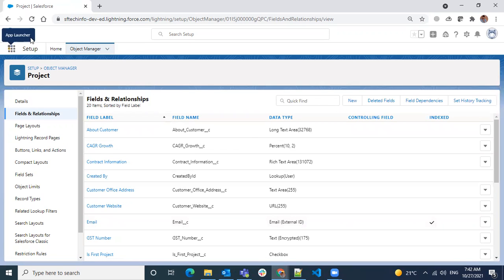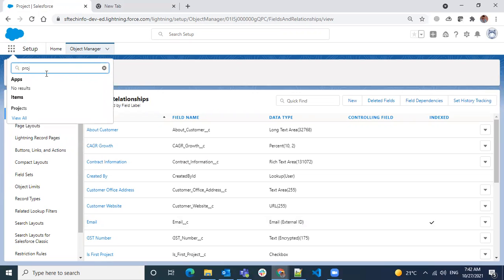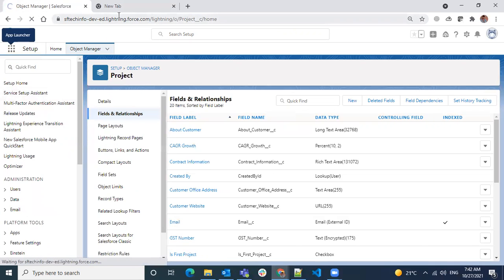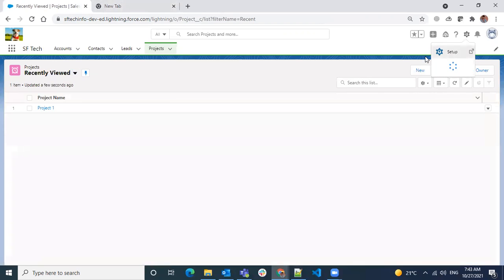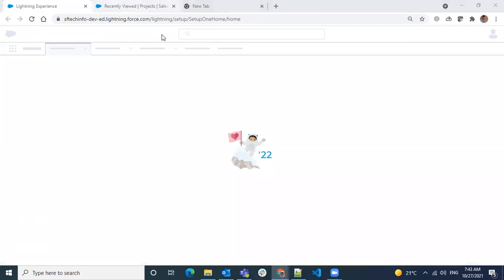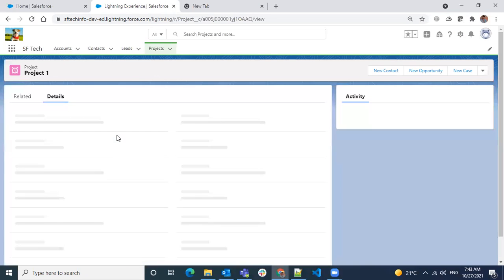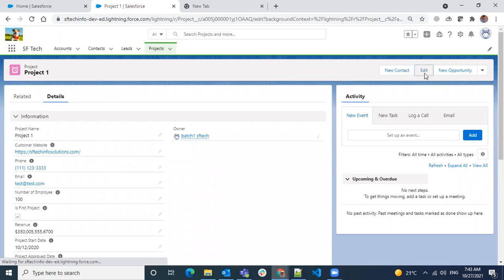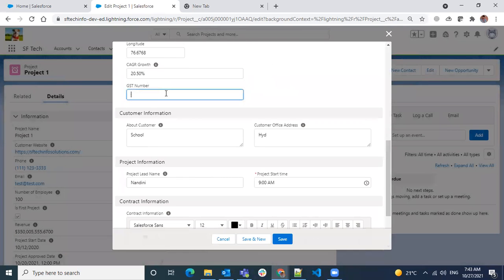Okay. Now let's see how that encrypted field looks. I already have a project, and we have the field GST number.